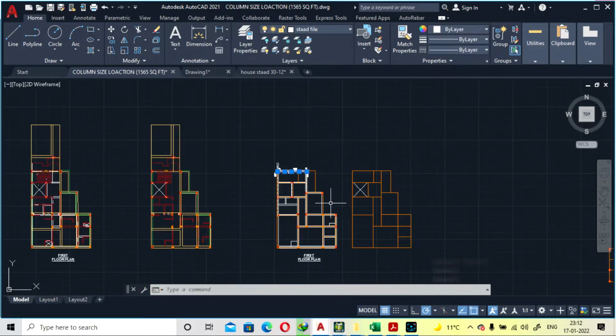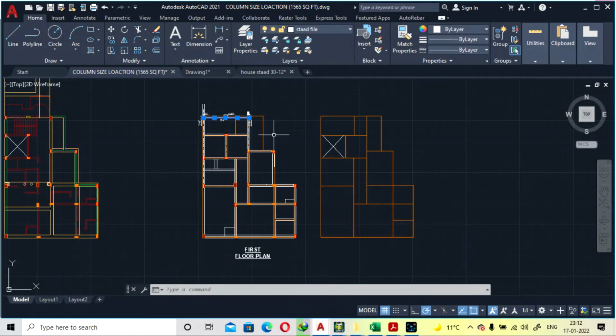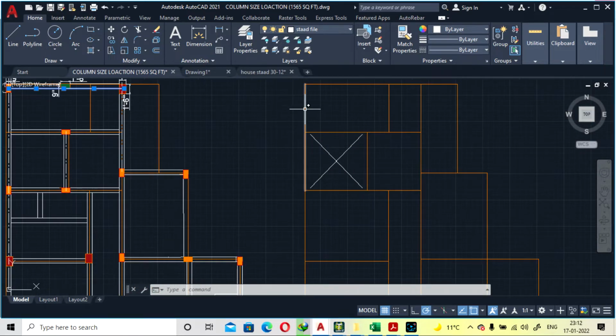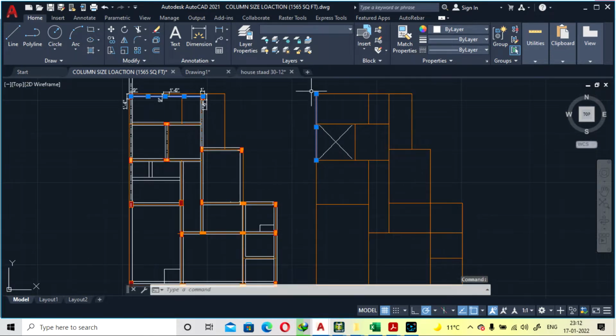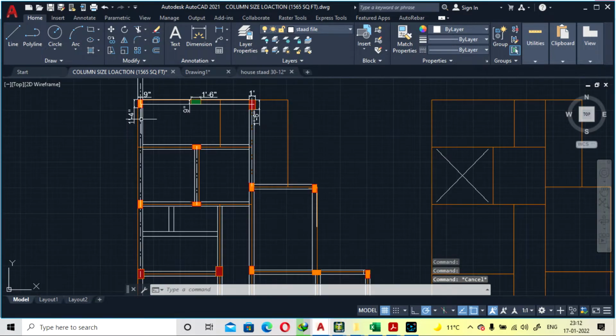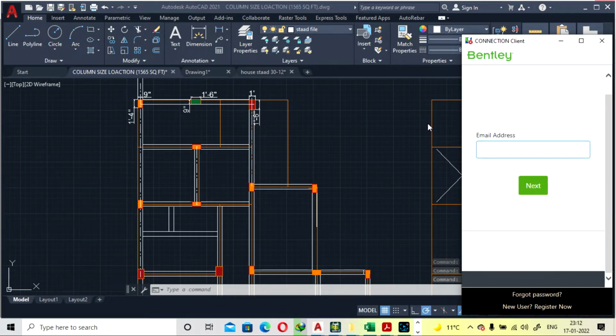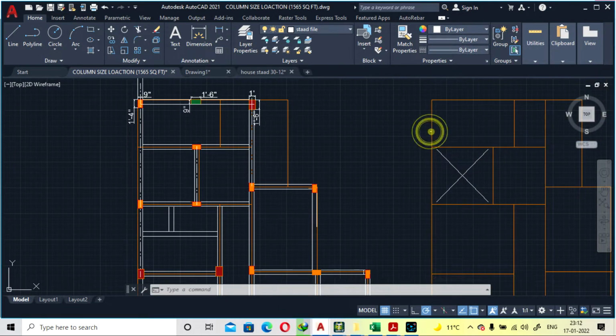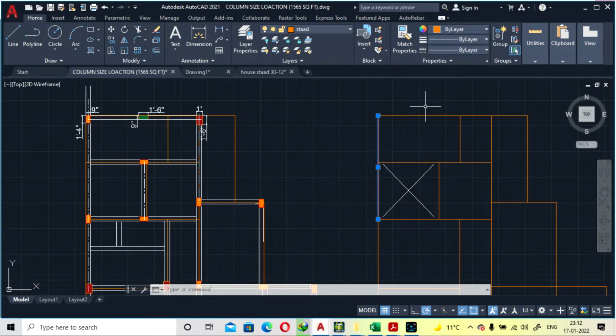From the same procedure we have made this. So I will click this here, so it will be here to here. So here is the column, one column, and here is the other column. So our beam line, grid line, will be from here to here. So these 2 points will be created as a column here.